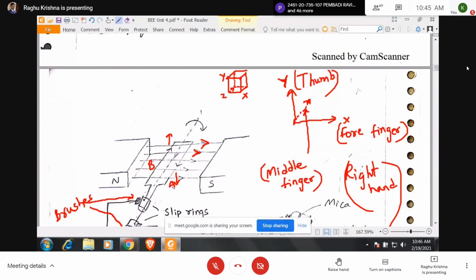Now similarly, get the direction of current in the conductor A. Now here you can see the direction of the field. You can see the direction of the conductor. It is downward, and get the direction of the current. So how are you going to see this one? So like this. So I will show this one. So try to get the direction of the current in this conductor A. This is conductor A.